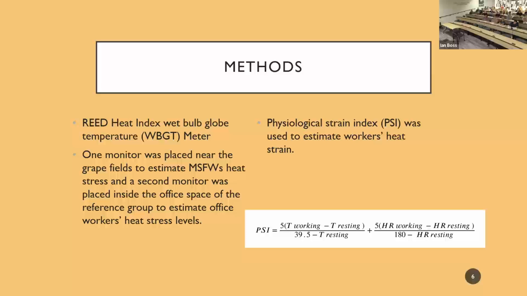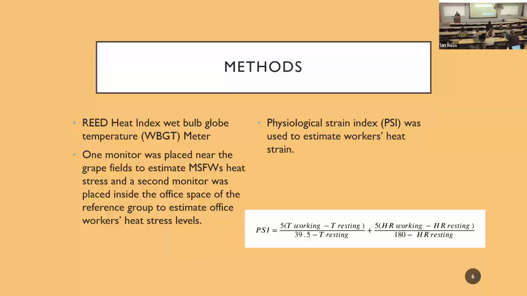They also use the wet bulb globe temperature as a measure of heat stress on the human body. This is used in comparison to the heat index, and it's used more commonly by, like, military, OSHA, and athletic organizations because it measures heat stress under direct sunlight, compared to the heat index. So they place these monitors both in the grape field where the field workers were working and also in the